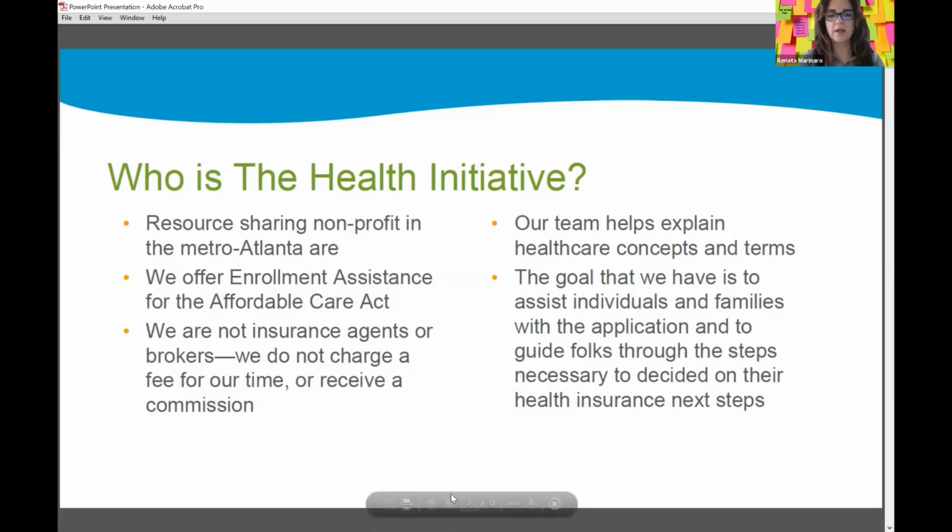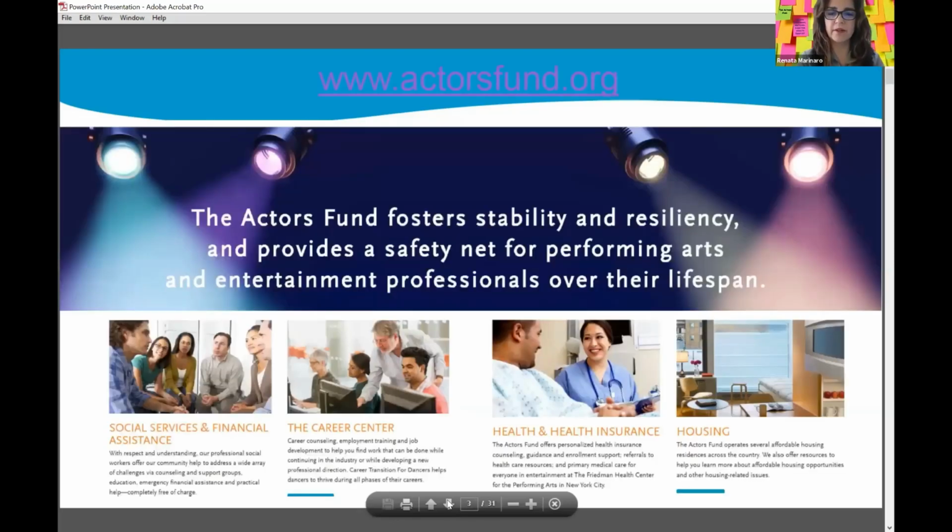So the Actors Fund also does enrollment assistance, same as what Amir talked about. We are navigators, and in New York, it's called certified application counselors. So we don't accept any money for the services. I would encourage you, if you're local, to talk to Amir for any enrollment services, but just know that the Actors Fund does have enrollment assisters in New York and California, and we do offer information nationally.